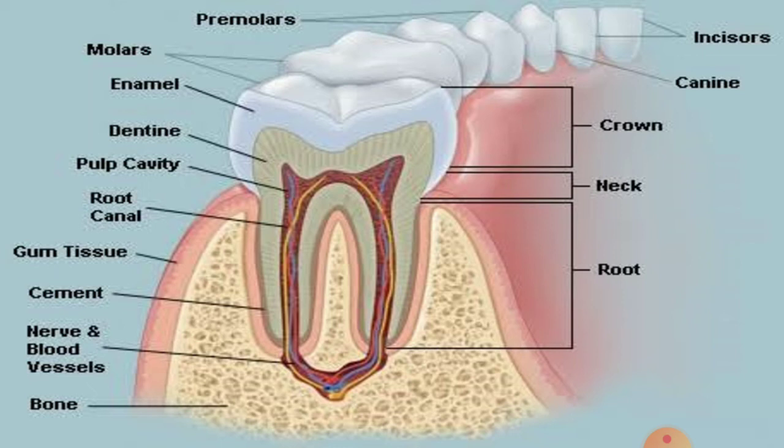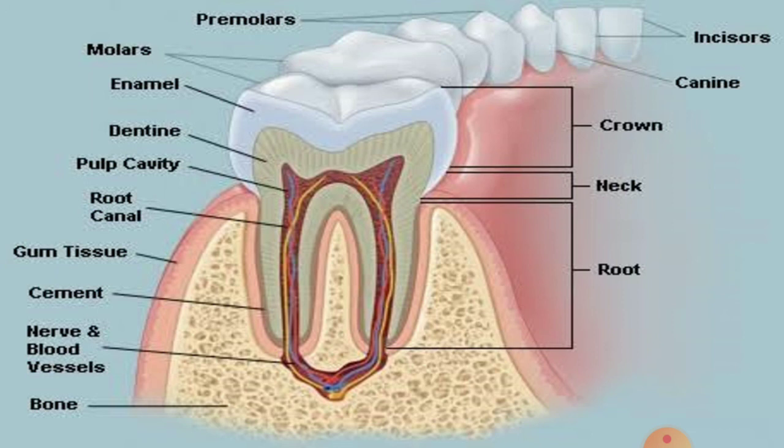Enamel is the outermost layer, which is white in color and gives the tooth its white color. It protects the crown from the wear and tear of any food or from any kind of breakage. The layer next to the enamel is called the dentine, and it is not white in color. The color is yellowish. Dentine is a little bit softer than enamel, and the layer next to the dentine is called the pulp. Pulp is a soft layer and it is the innermost layer of a tooth.